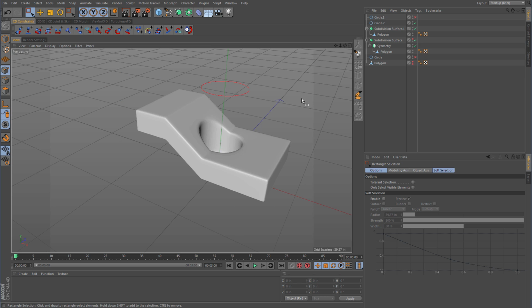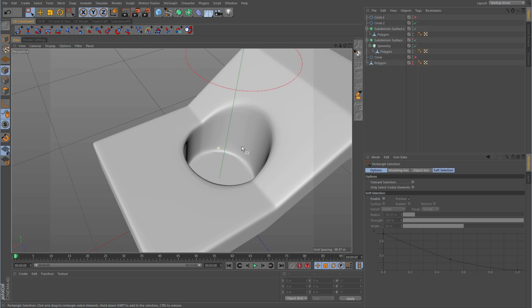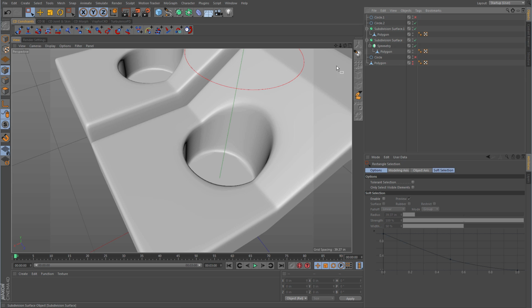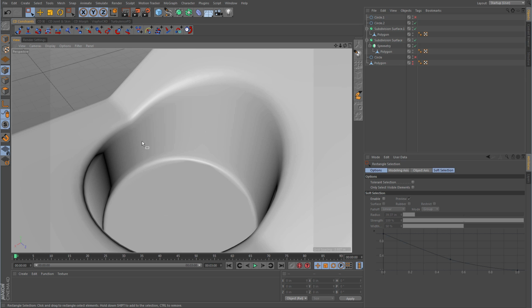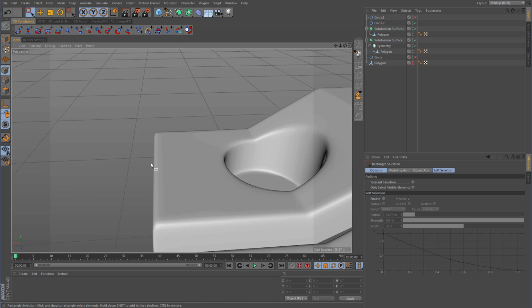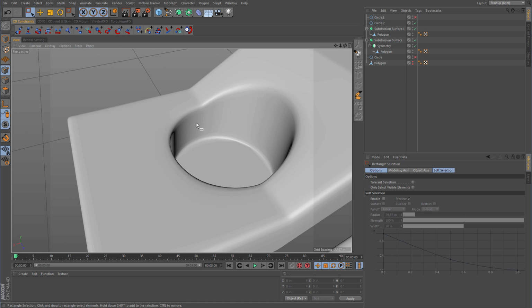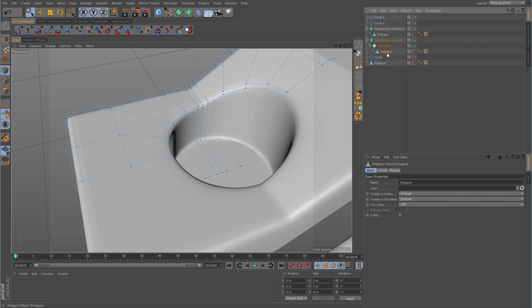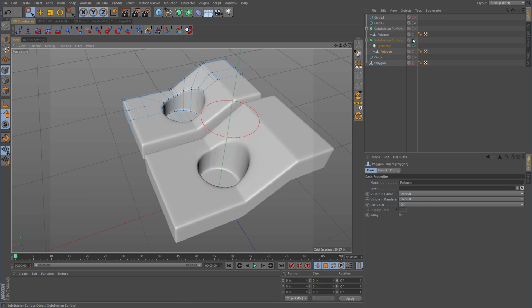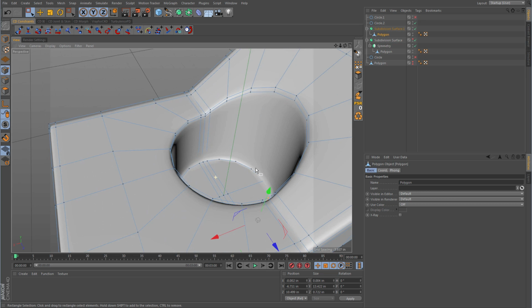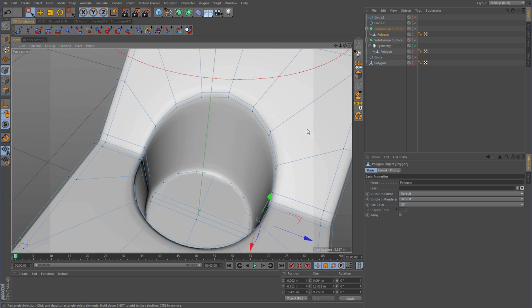And now if we were to look at this, you can see that there's a little bit of a crease right there. And I believe that crease is still on the first object that I had, yeah. So you can see just a little bit of a crease depending on what angle you're looking at this from. If we were to look at that geometry, it looks the same as this one. So that is the workaround solution that I have found to this pinching issue in a case such as this,